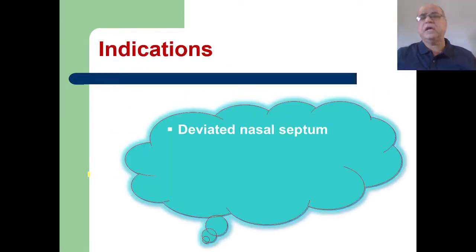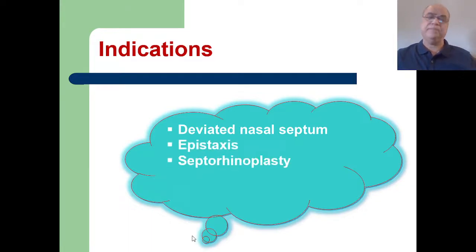Indications are almost the same: a deflected nasal septum which is causing symptoms, a deflected nasal septum which is causing obstruction to the ventilation of the paranasal sinuses and the middle ear, recurrent nasal bleeding from the nasal spur, and as a part of septorhinoplasty, as an approach to surgeries of the sphenoid sinus, vidian nerve and the pituitary gland. And last but not the least is